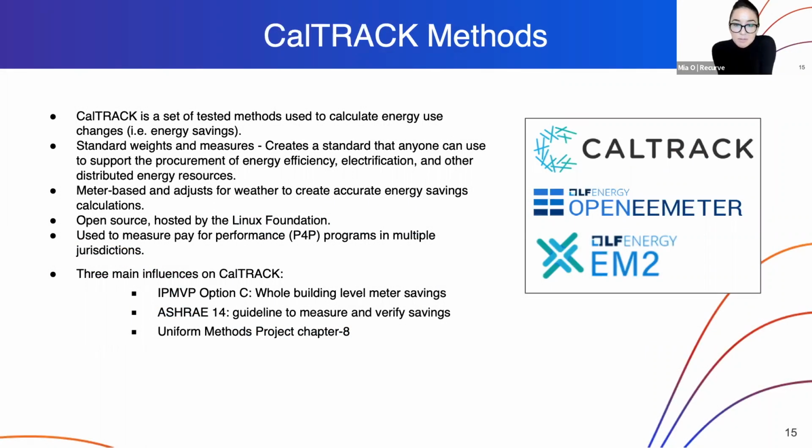Talking about the methods that we use. So I've mentioned that they're open source. CalTRACK essentially is a method that helps you feed in meter data and learn how that customer responds to changes in temperature outside, changes in weather, and then some other factors that could be pulled in for hourly models around weekly occupancy patterns. But we are just going to focus on the simplest version of CalTRACK, the monthly model